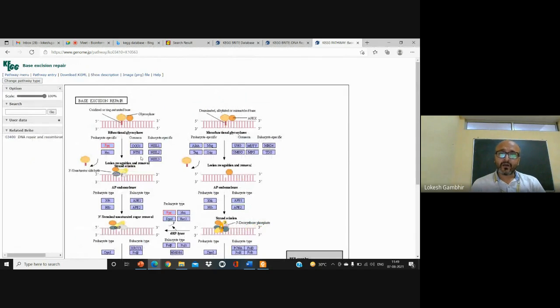That is how smartly we can search using KEGG pathway, rather than going here and there on a Google search engine, finding out the images. You can utilize this encyclopedia to have a better understanding of any kind of topic or any kind of study you want to do. So that is all about the KEGG database.